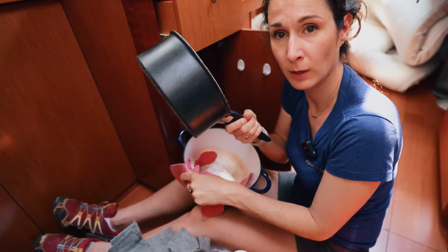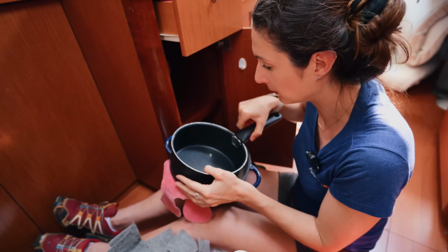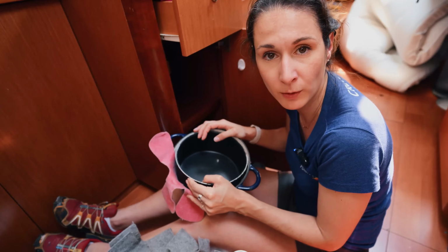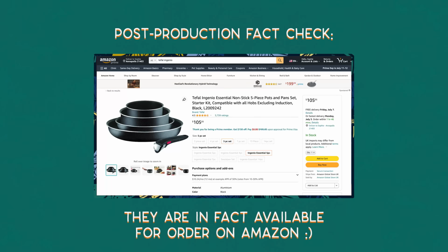Puff. And there you go, you have a full pot. This is a system that I really like. It's very convenient and easy to use. The only bummer with it is that I can only find those pots or those handles in France. That's the only problem. And also I find that the Teflon at the bottom of the pan tends